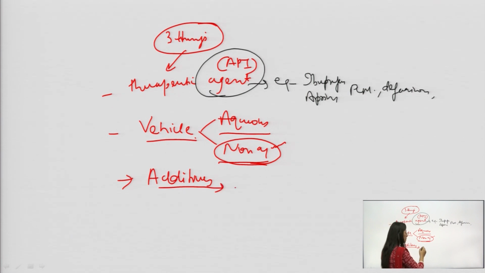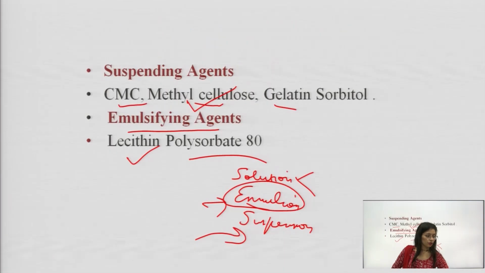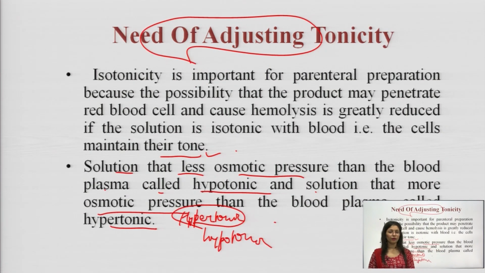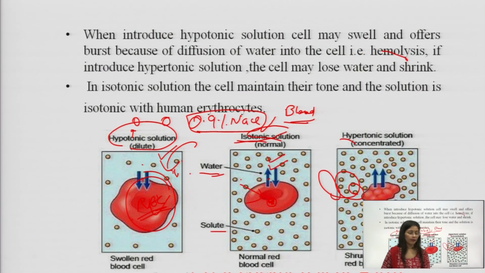Lots of additives are there, and I gave you examples in the table. So these things need to be ensured when you are working on it. Okay, this table you need to adjust. And the most important point is tonicity adjusting agents. These agents adjust the tonicity profile. For example, you have a drug that needs to be incorporated inside the systemic circulation, so it needs to be adjusted to the same tonicity as that of RBC.